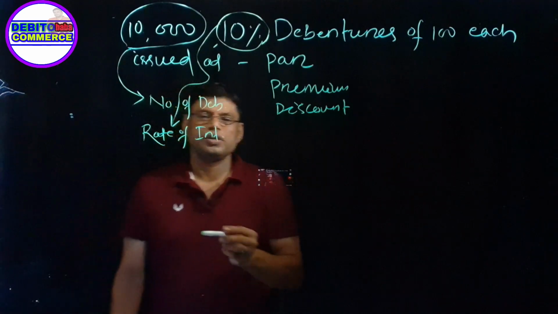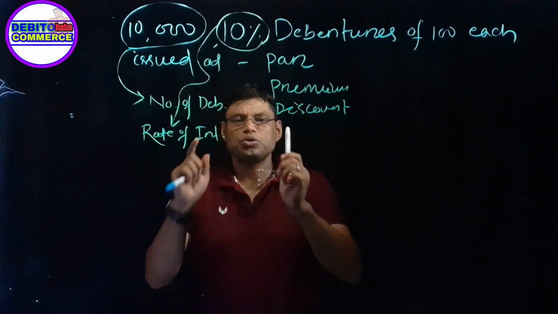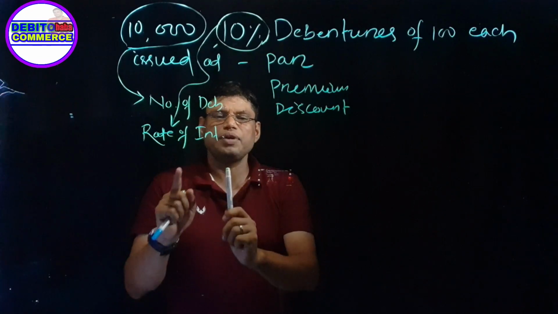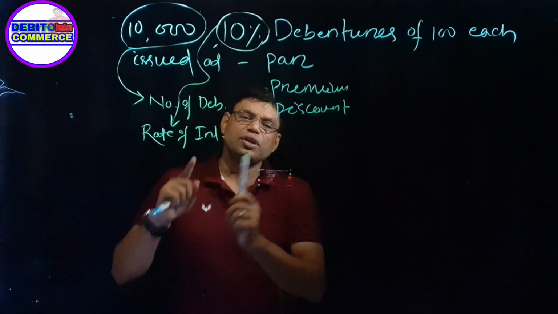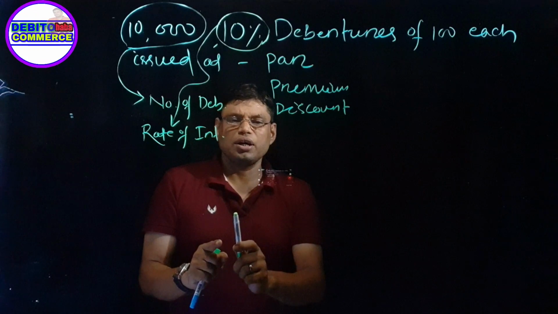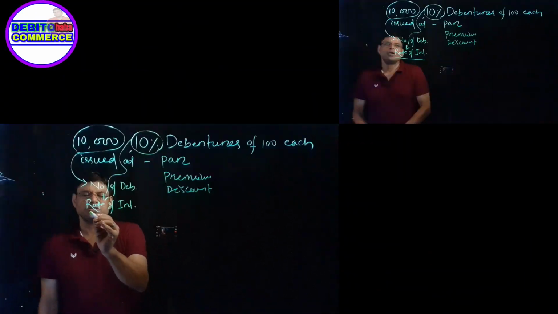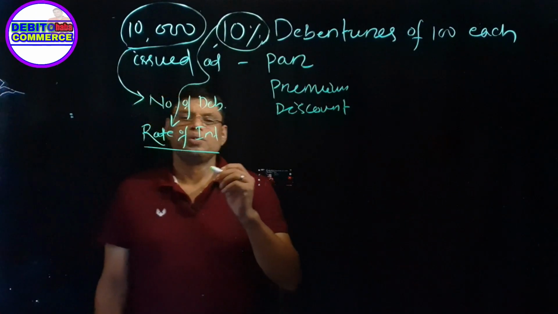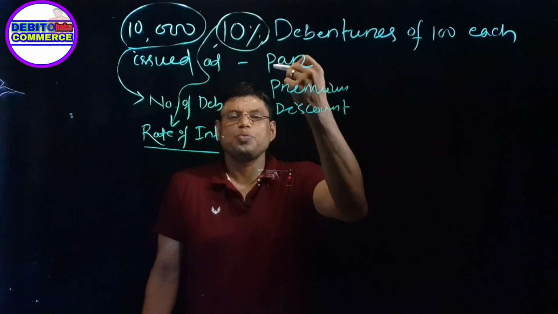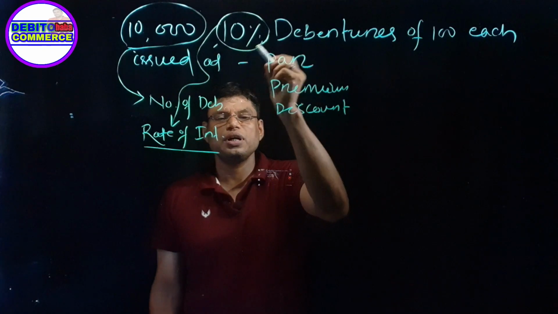Remember one thing, a debenture is an acknowledgement of debt under the company's seal. That means the company has taken the debt from the public and the company is going to give the public interest. Whenever there is a debt, the term interest will come into the picture. If the company has taken a loan, then they have to give the rate of interest. So this is known as the name of the debenture, 10% debentures. In certain questions, you may find 12% debentures, or 15%. That means this is the name of the debenture and this is the rate of interest.